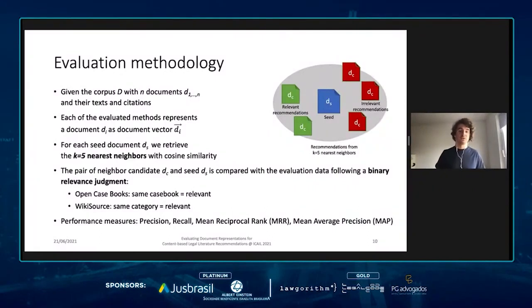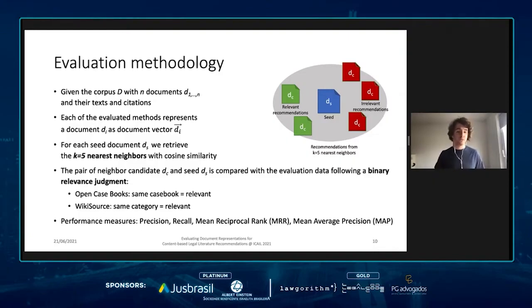Before I dive into the actual results, some more words on our evaluation methodology. We separately evaluate Open Casebooks and Wikisource. And each of the tested methods here produces document vectors for all documents in the corpus.